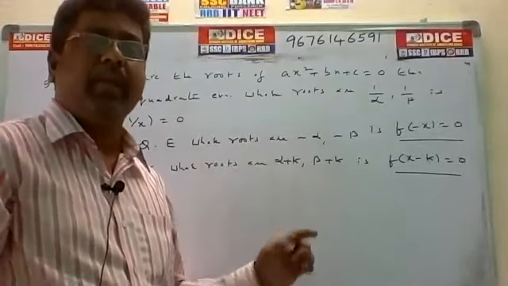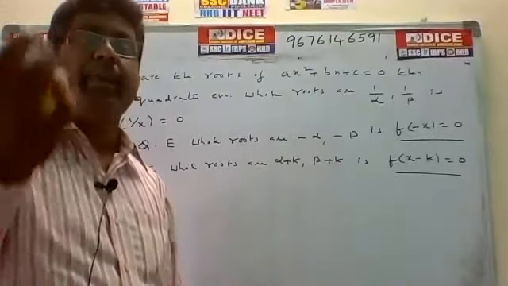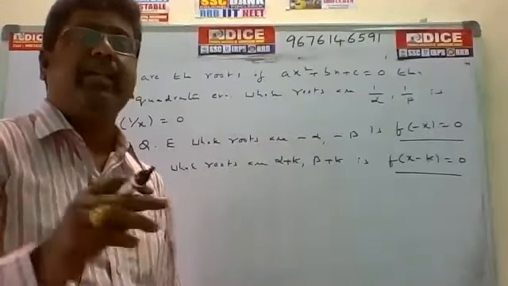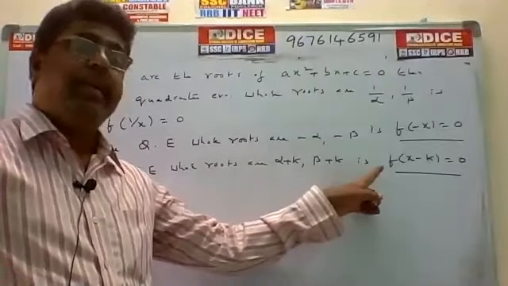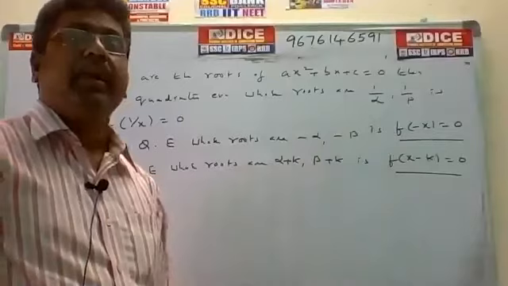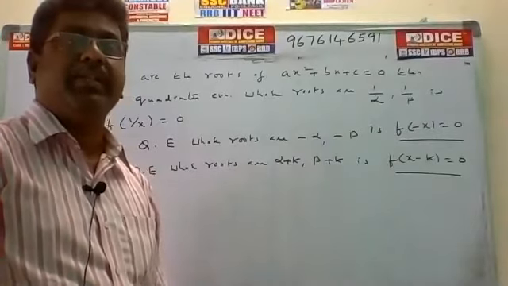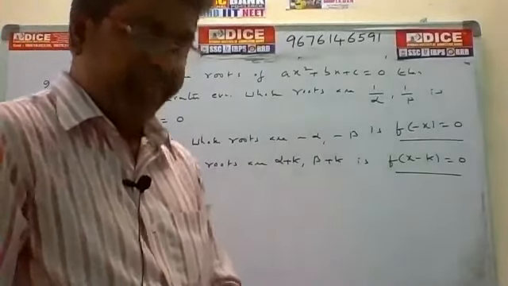The meaning is, the equation whose roots are increased by 2 means increased by k, and increased by k means that the equation is f of x minus k is equal to 0. This is the formula. Next one,